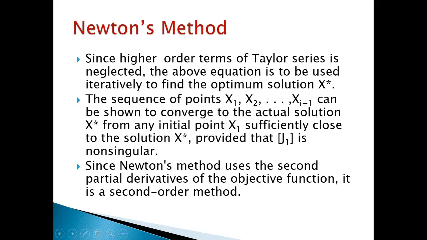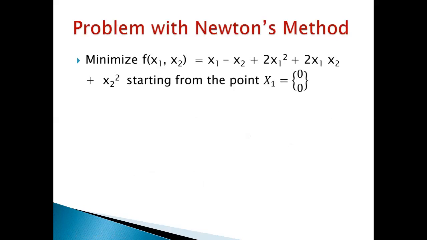Since Newton method uses the second order derivative of the objective function, it is called a second order method. Steepest descent is also called a first order method, first order gradient method, you can say. This can be called a second order gradient method since we take derivatives in both cases. So if suppose the difference is asked between steepest descent and Newton method, there are these points that you can mention. These are the problems that can be asked with Newton method. The problem is similar. You get an objective function, you get a starting point.